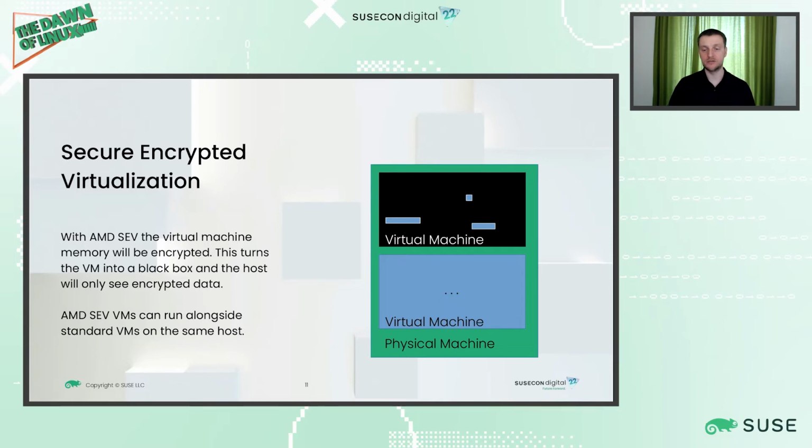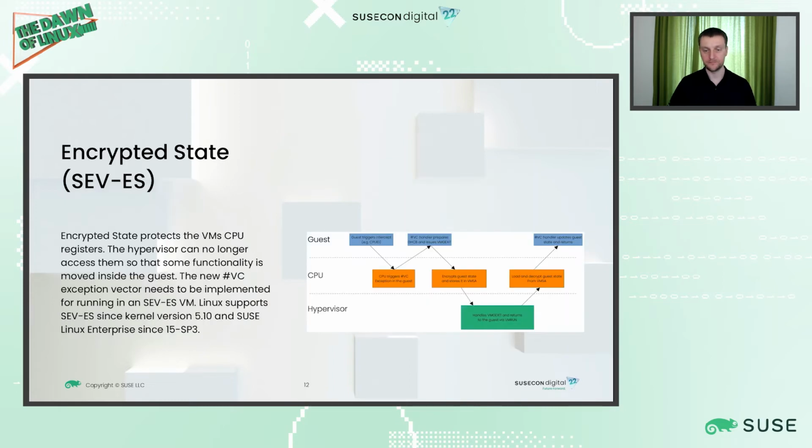The virtual machine needs to know that it runs in an encrypted environment because it needs to decide which memory is encrypted and which is not encrypted. There are certain parts of memory which are usually not encrypted, and those parts are usually used for the communication between the virtual machine and the hypervisor. But again, it's totally the decision of the virtual machine which memory, and how much memory, is mapped unencrypted. Usually most of the memory is encrypted.